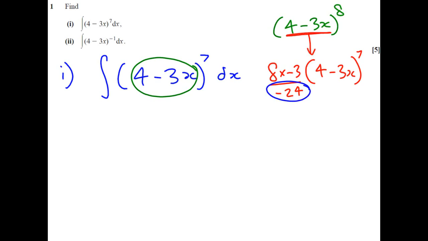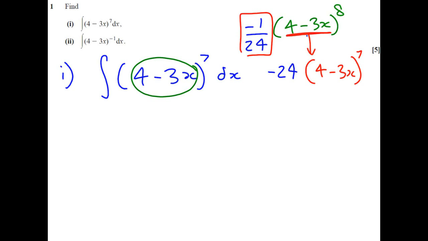So our guess needs to be improved because we've got a minus 24 that we do not want. The way we can get rid of it is to multiply by 1 over minus 24 here. That will mean that when we carry this constant through, the 24 will cancel the 24 and the minuses will cancel each other out. So this is our answer, but you write it again and make sure you do not forget